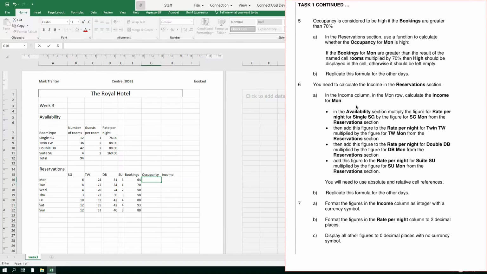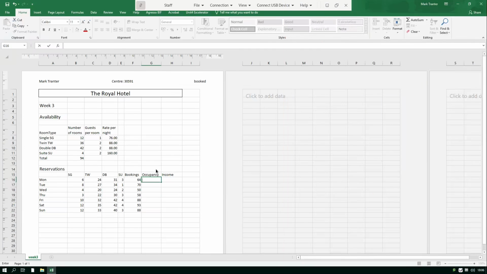So for part 5, we're going to make a formula to tell us if occupancy was high on each day of the week, and occupancy is considered to be over 70% of the number of rooms available. So I'm going to go over into my occupancy cell. I'm going to type an equal sign because I'm writing a formula. Then I'm going to type the word if and open some brackets. You'll notice that we get a little tooltip there reminding us of the syntax of an if statement. So if bookings is greater than the contents of rooms times 70%,